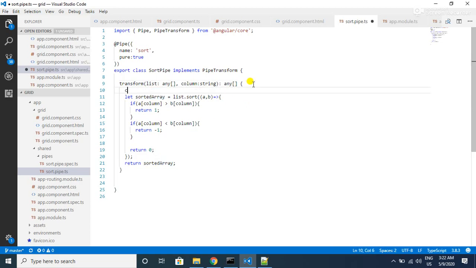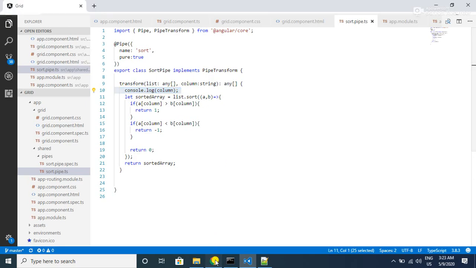We will just do a console.log message so that we will see in the console what is exactly happening. Here I am going to log the console as column, and let me save the file and open the browser. Whenever this sort pipe is being called, I will get a console message in my console.